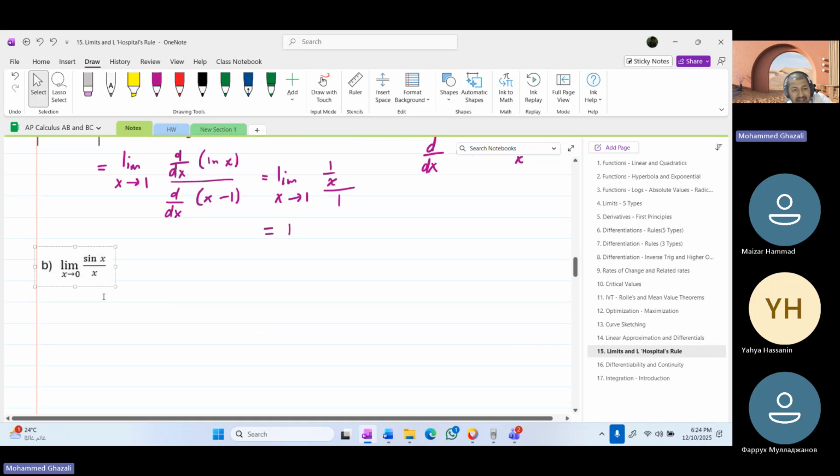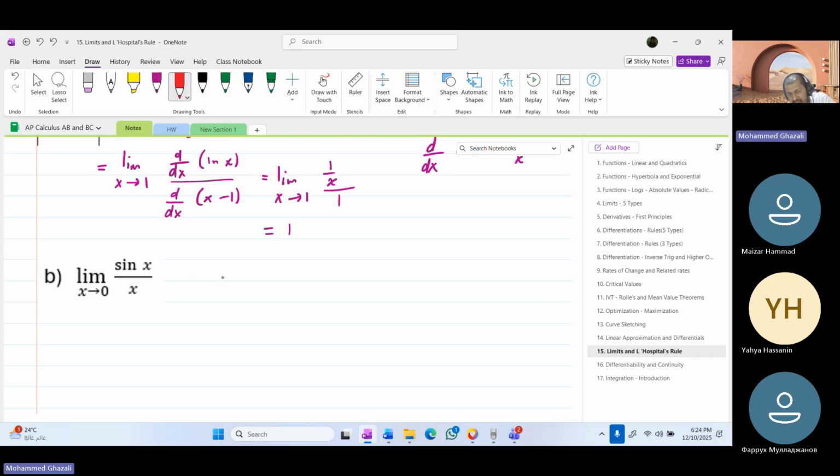Remember, we did this limit before. Remember, I told you the limit as x approaches 0 of sine x over x is what? The answer is 1. But I didn't show you a proof. So L'Hopital's rule gives a shorthand proof. If I substitute 0, sine of 0, so you're getting 0 over 0 again. Okay? So by L'Hopital's rule,